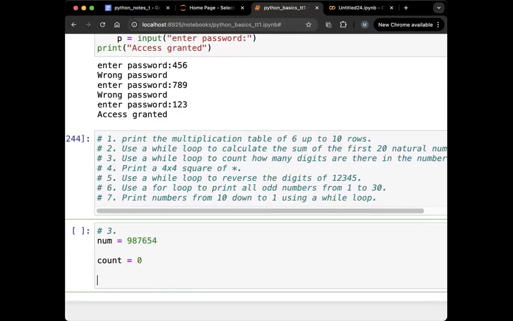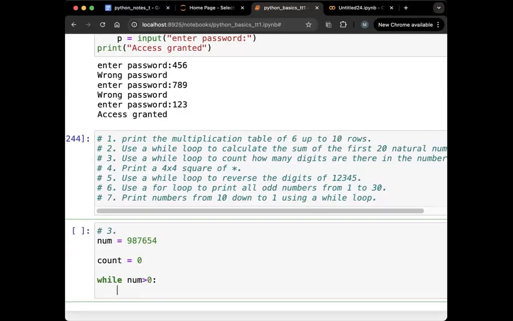Because I've not started counting yet. Now while the number is greater than 0, what I'll do is I'll reduce the number and floor divide by